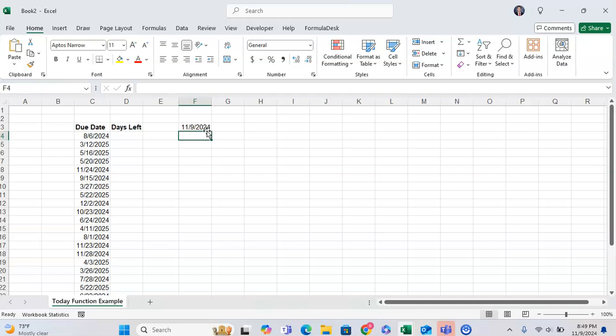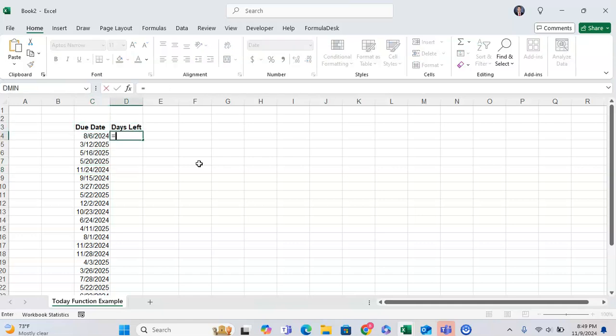Now, one of the beauties of this function is that it's extremely easy to use, but it also allows you to do things based on the current day that you're in, which right now is November 9th, 2024. So for example, let's just say you have invoices that are due. You want to see how many days you have left to pay on them, if any. So you can do the due date minus today